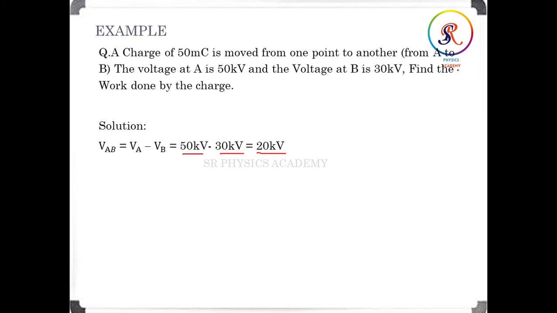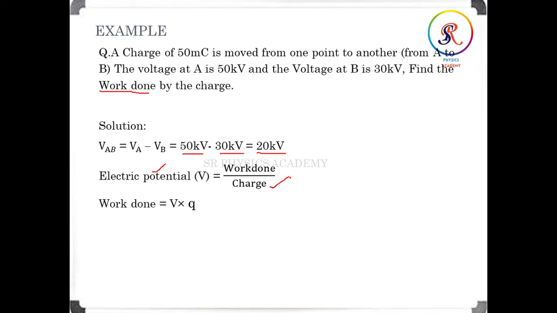Now what do we have to calculate here? Find the work done. So we know the formula: electric potential is equal to work done by charge. Now what data is given? Electric potential is given and charge is given. Now what we have to